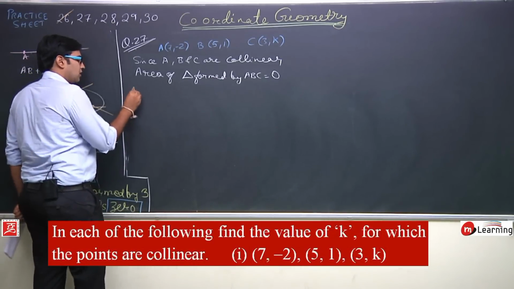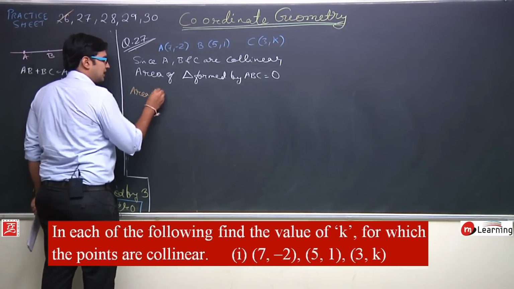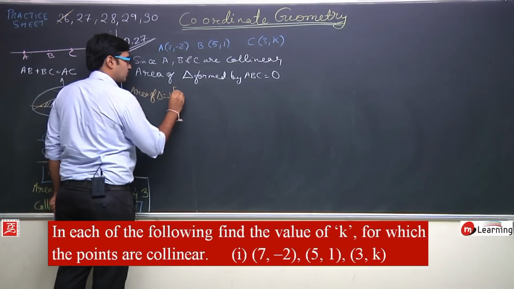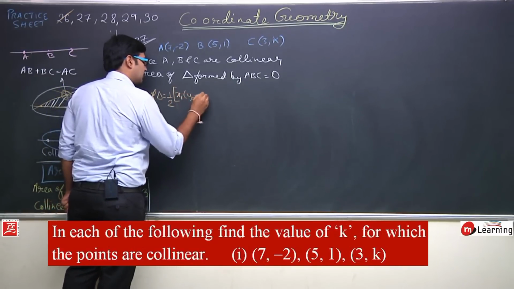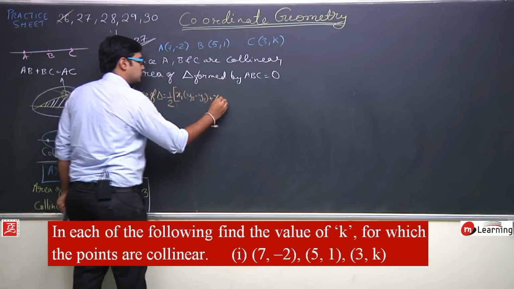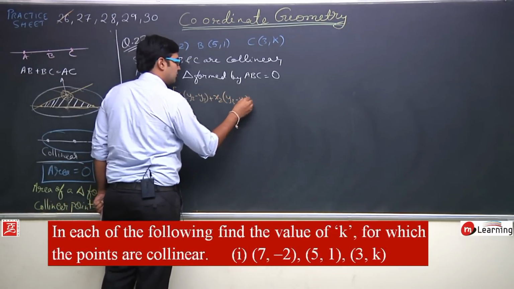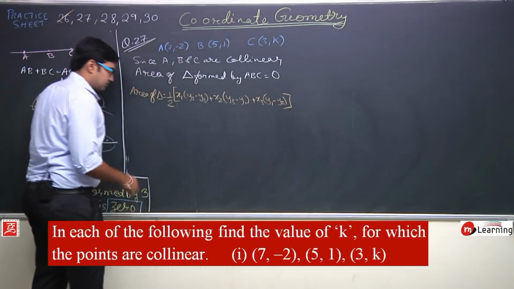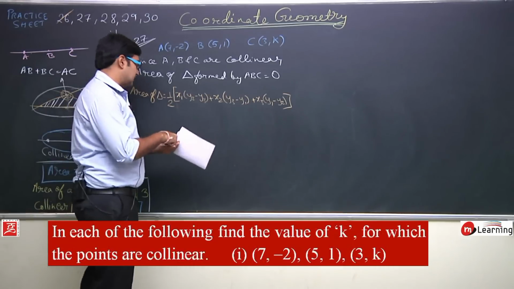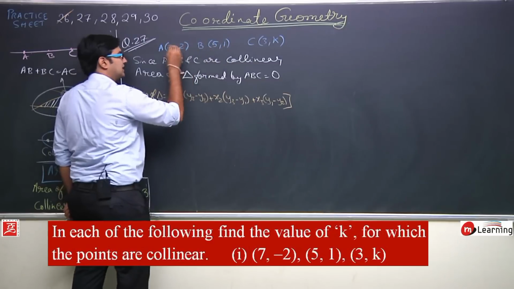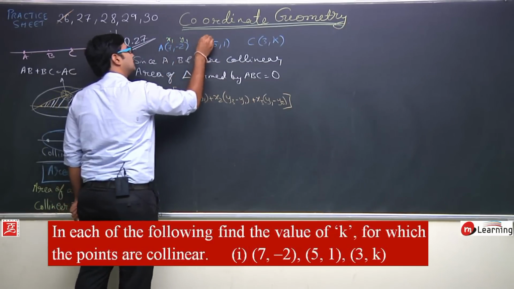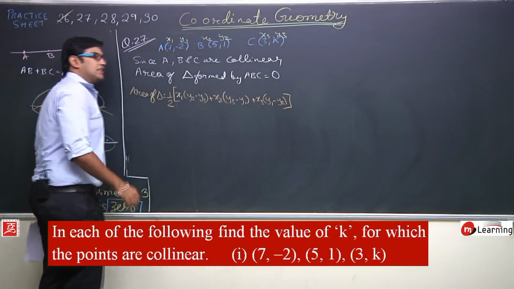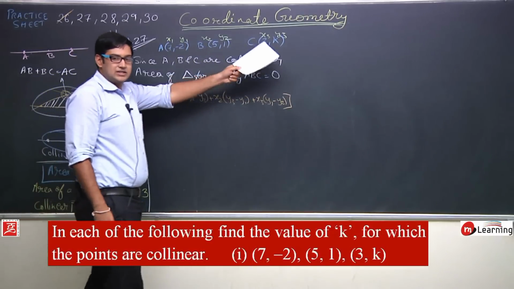area of triangle, area of triangle? तो जो हमारा स्टैंडर्ड फॉर्मूला है वही रहेगा, half of to the bracket x1(y2 minus y3) plus x2(y3 minus y1) plus x3(y1 minus y2) and bracket close. Okay, so let us say in this diagram, in this question, let us say this A is x1 y1, this is x2 y2, this is x3 y3. Okay, ऐसा हम मान लेते हैं, ये x1 y1 है, ये x2 y2 है, ये x3 y3 है,